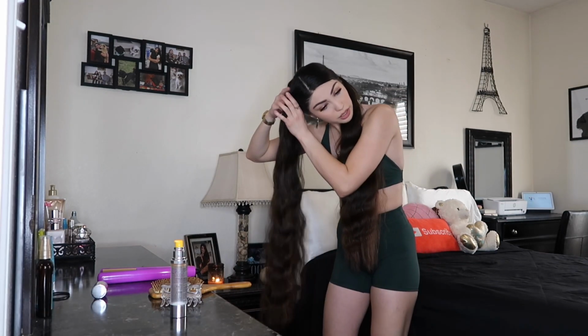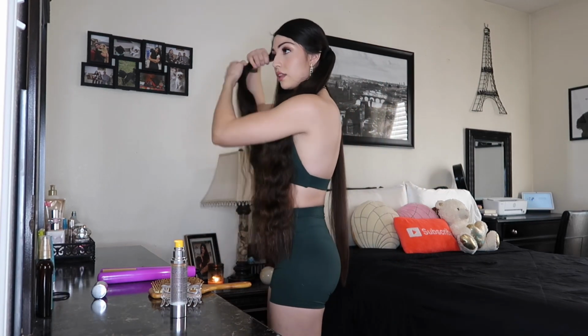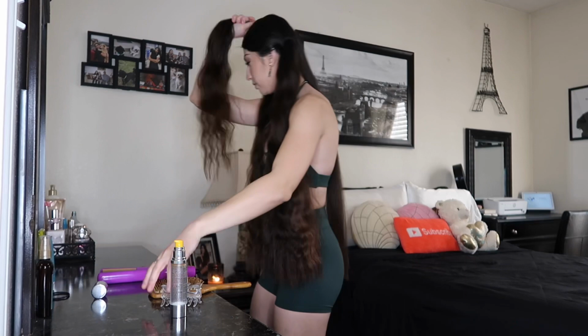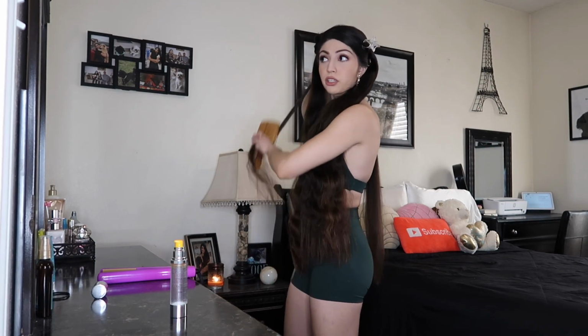And then I grab another piece, the top piece. I just get like a chunk, and then I split those. So I guess that's how I section my hair really, but I kind of just eyeball it. For me it's a little easier just because, like I said, my hair is wavy. For those who have super curly hair, y'all might have to be more